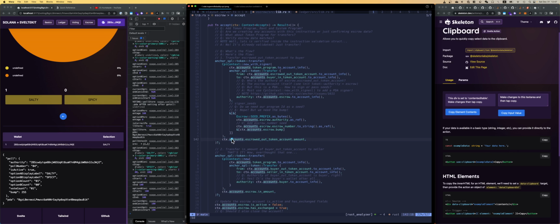This is inside of the escrow, which is a PDA, and this is the associated token account needed for the SPL that I would use. And then for a deduction,